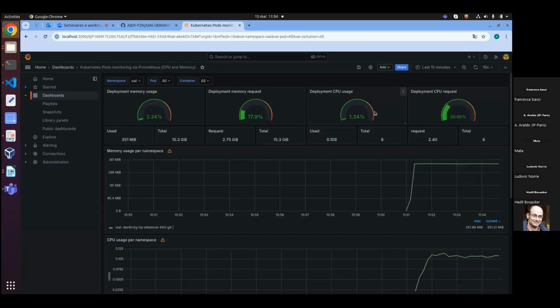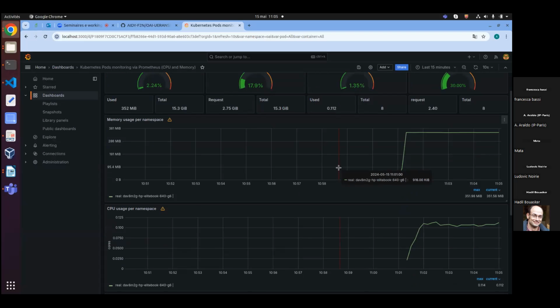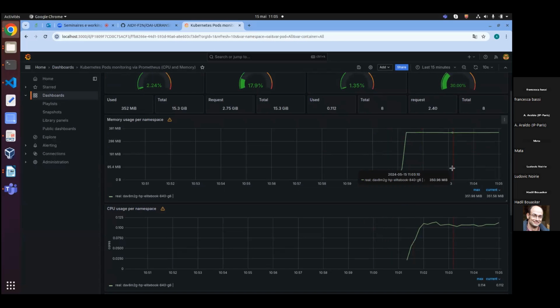And you can see CPU usage too. You can see the CPU request. So we are requesting a lot. Okay, we are requesting like 30% of the CPU resources I have on my machine, but we are using only 1.3. Okay, and you can see also some graphs here,